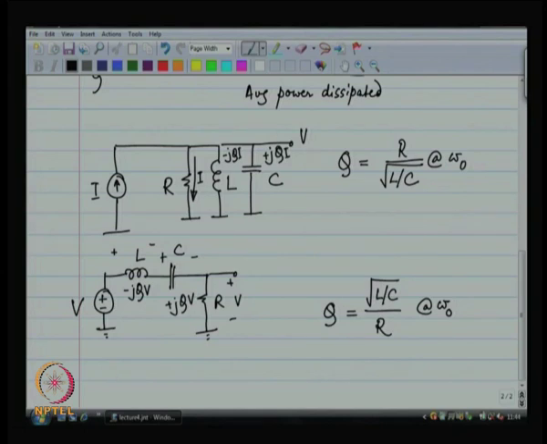What is important to observe over here is that you can have a voltage source of 1 millivolt, and because your Q is 100,